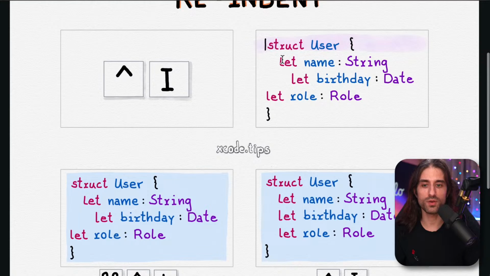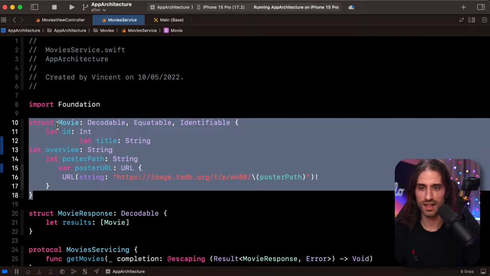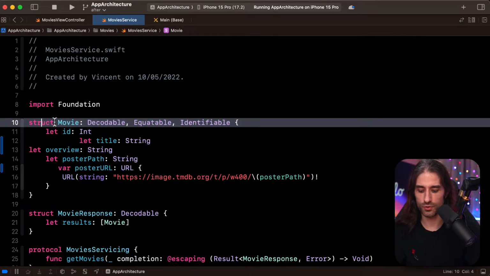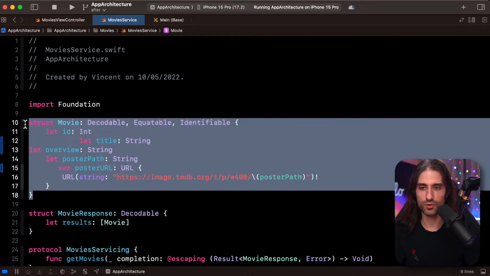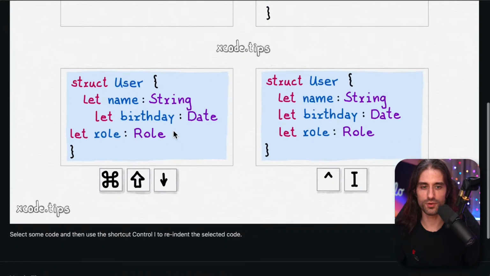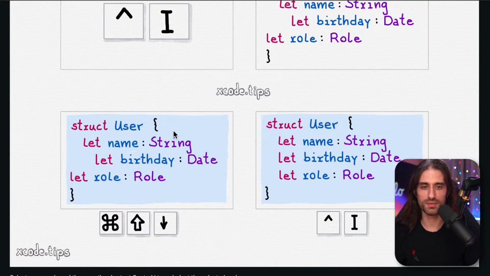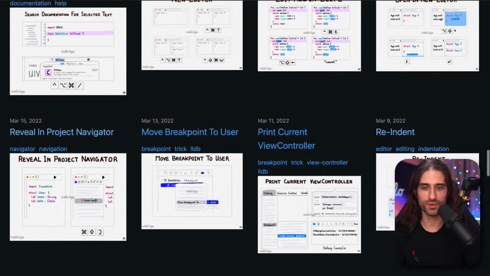And so, oh, okay, so apparently maybe you can only select part of the struct. Let's just see. If I put my cursor on the struct, no. Maybe if I select, actually, no, you need to select what you want to indent. All right. So this one also is one of the most useful ones, because doing it by hand is so annoying, and it's so easy to do with the shortcut. So you really want to use it.